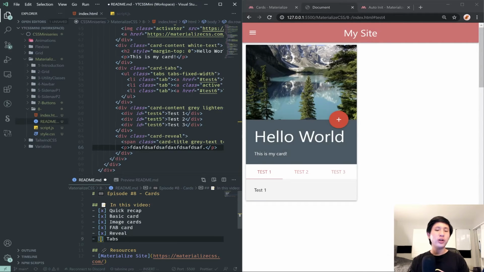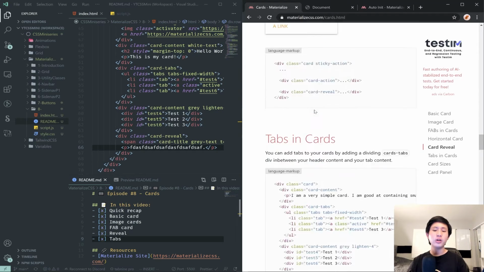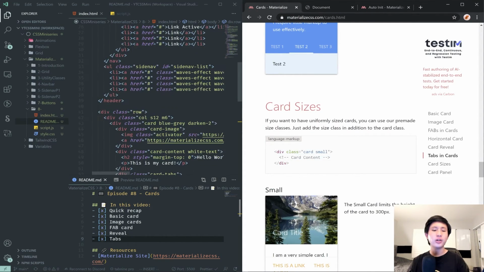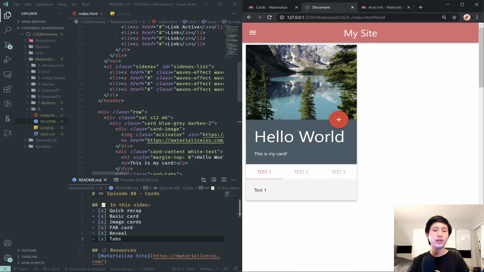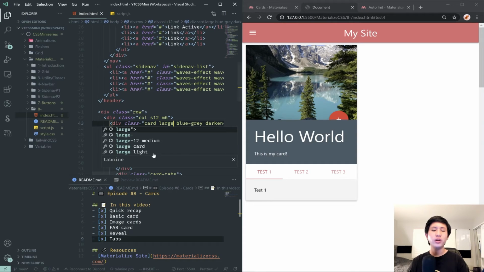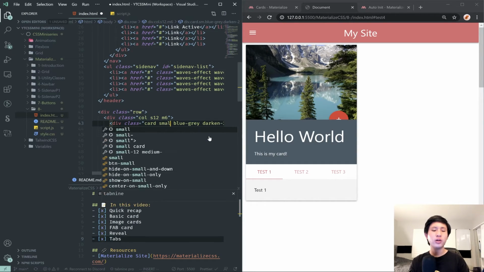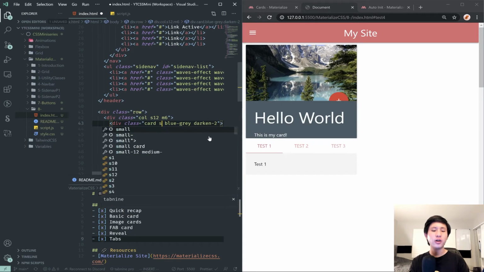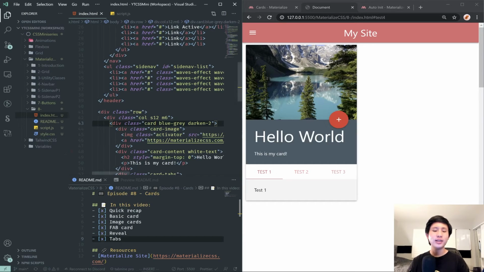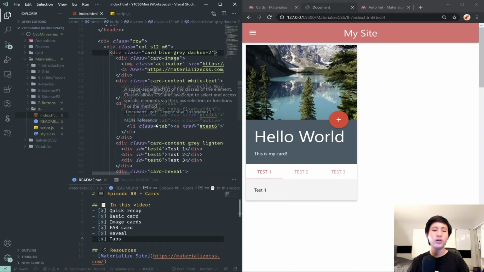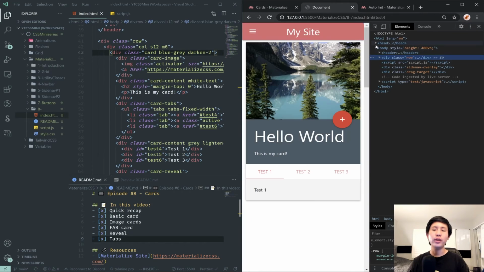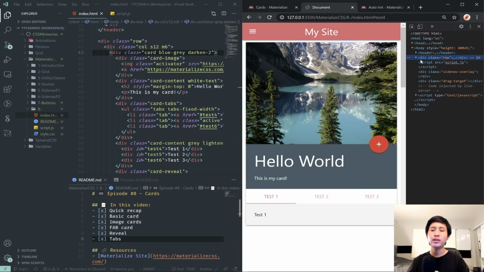So that was pretty much all I had to cover. There is a small utility class that I saw, where we can change the size of our cards. I actually remember I've done this before. So if we have our card here, we can make it card large, although I guess that doesn't work, card small. We'll make it small like that, card medium. Although now I'm seeing that adding a sizing class might break some of this. So that's up to you to decide how to go with that, because what I would probably recommend is simply